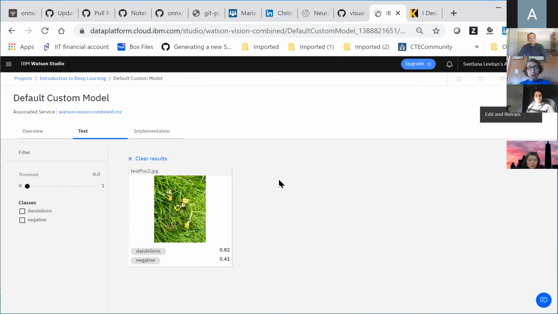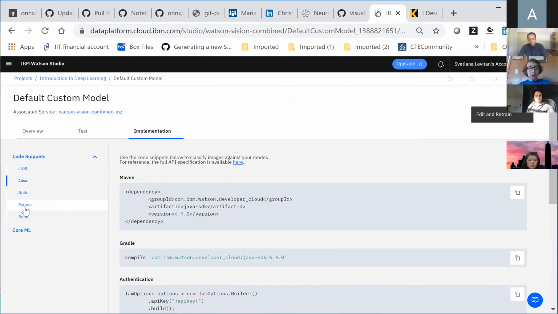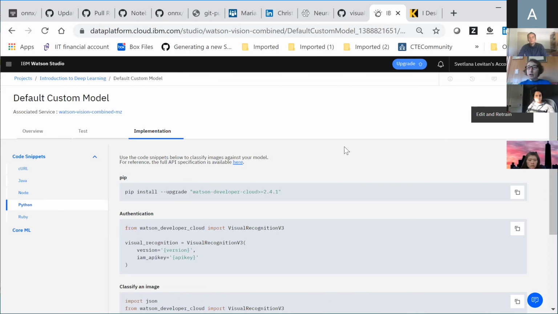Okay, so the point is that this Watson Visual Recognition service allows you to very easily build models without any programming. And then it also gives you those code snippets to help you integrate your model predictions into your application with various languages. Any questions so far?